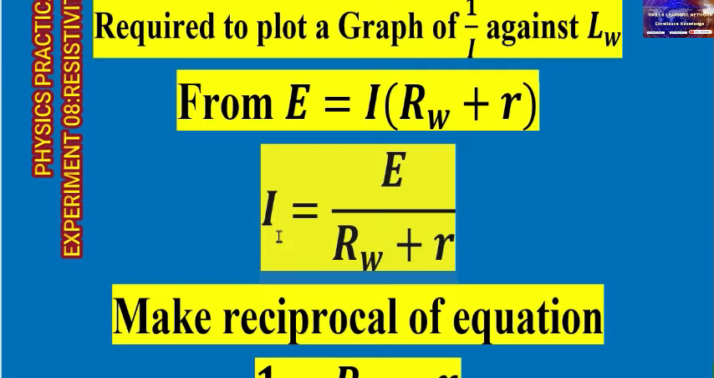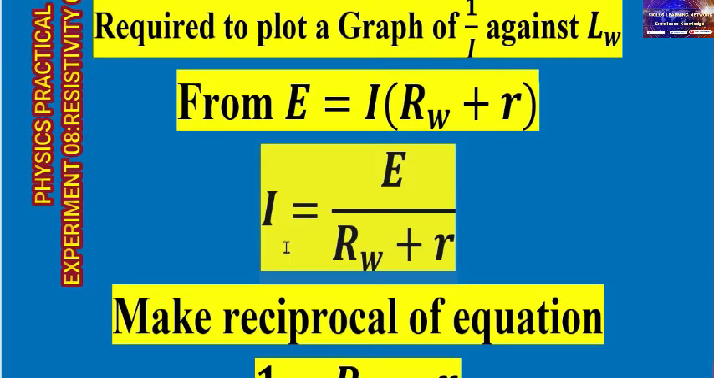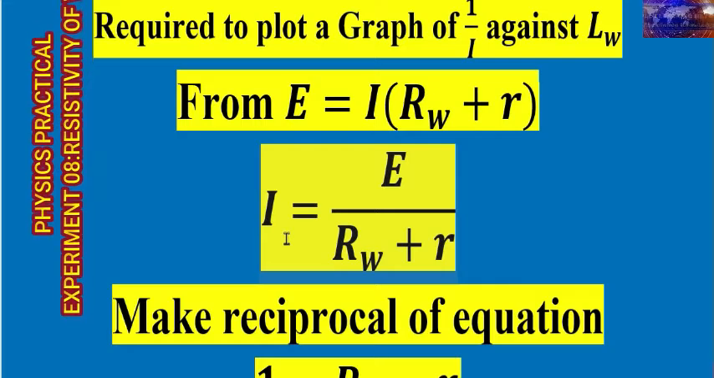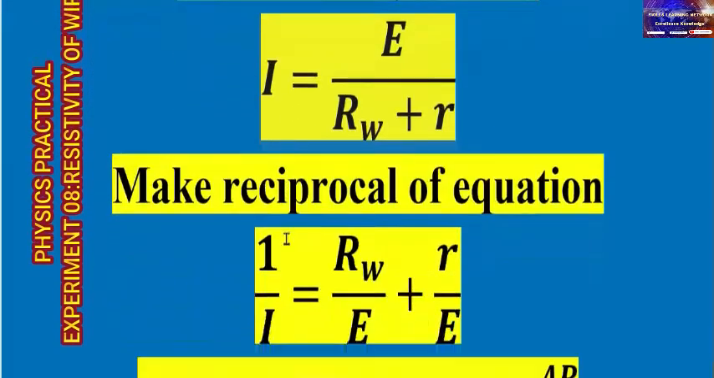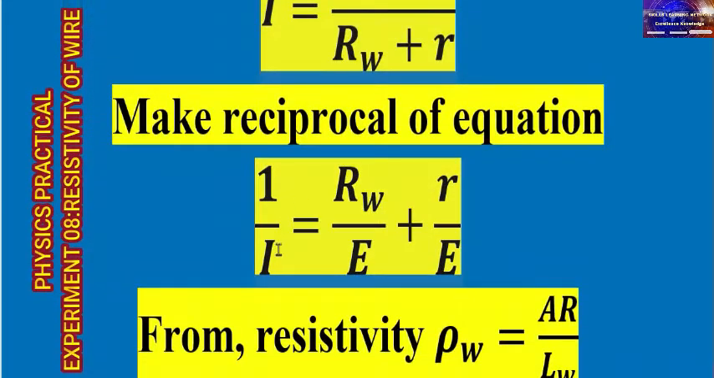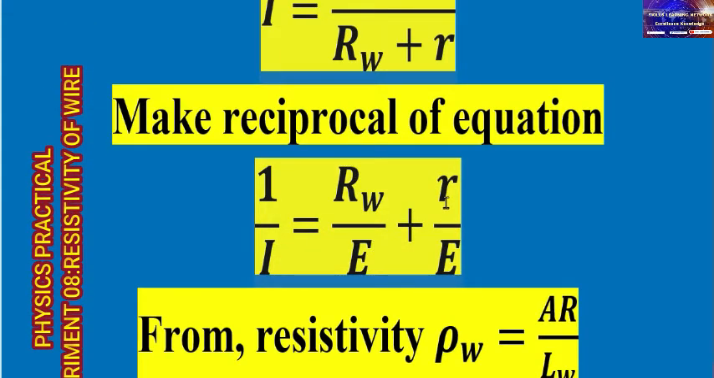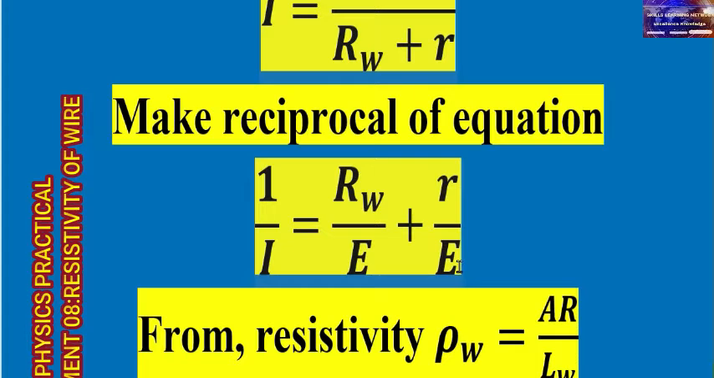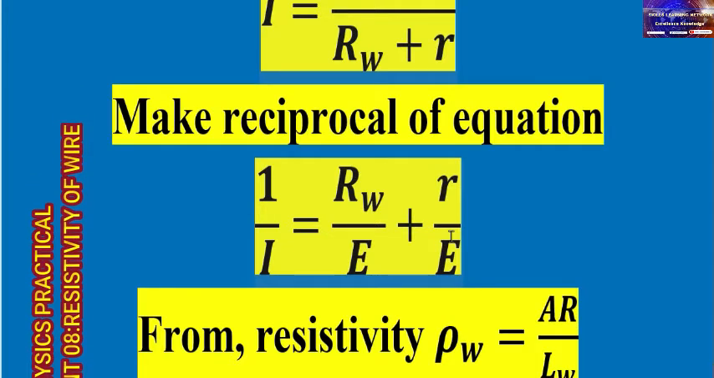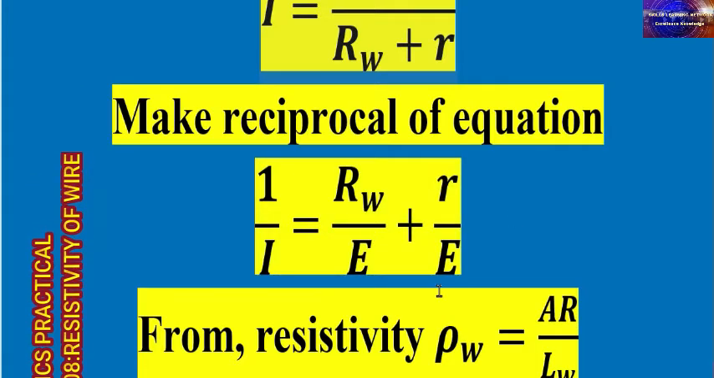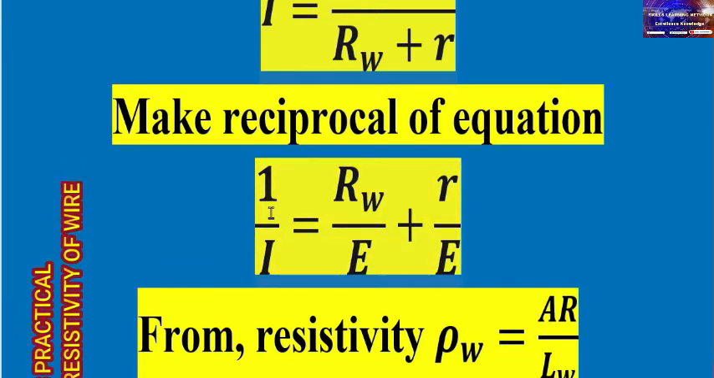In order to get 1 over I, you have to take the reciprocal of this equation. Then 1 over I is equal to RW over E plus R over E. Then, in order to get the length of W, we have to apply the resistivity formula, which is